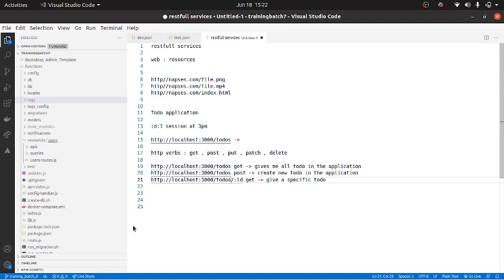In our case, what is the ID? ID is 1. So if I do /todos/1, I'll get the to-do whose ID is 1, and that will essentially be session at 3 p.m.